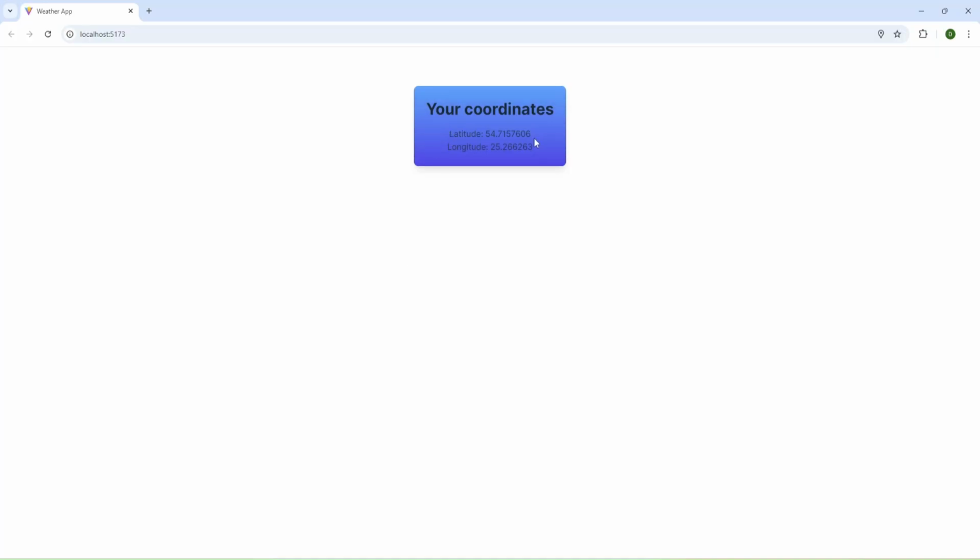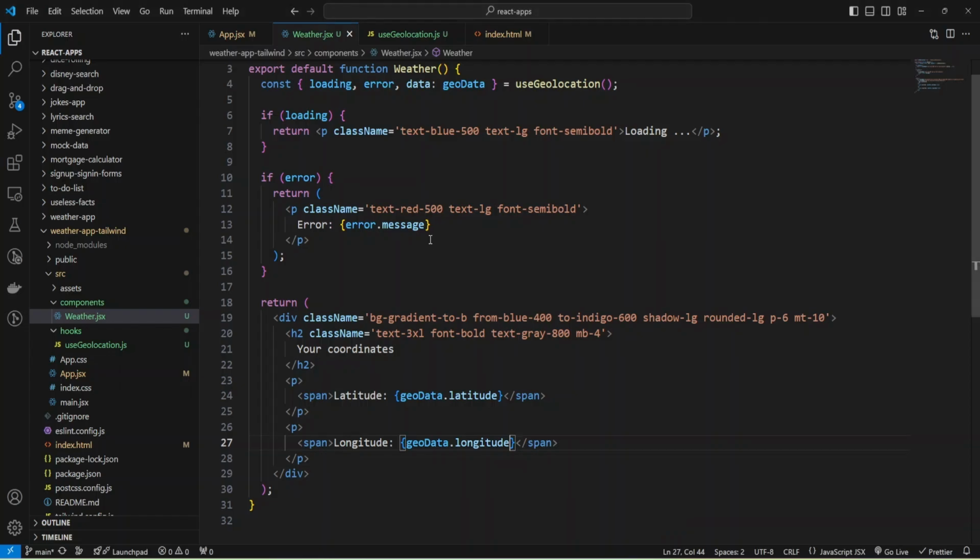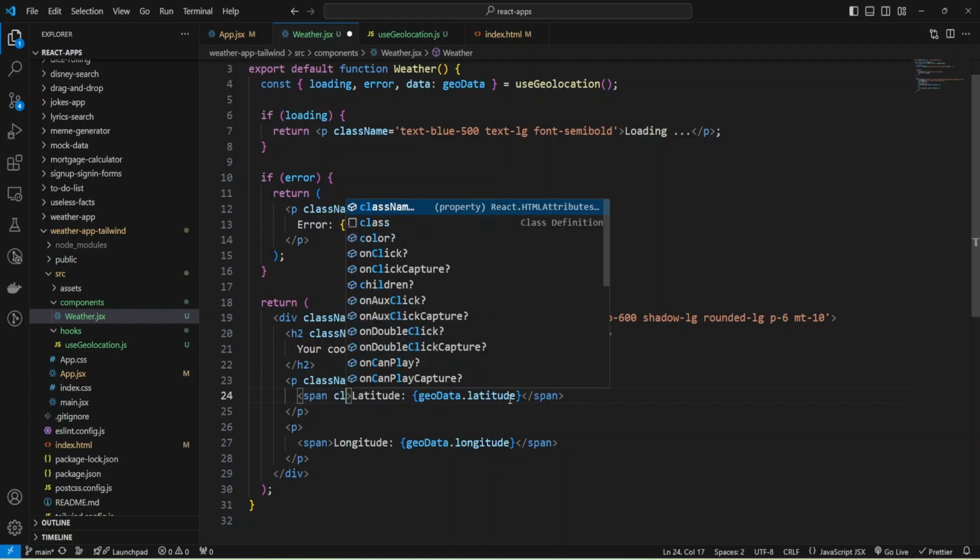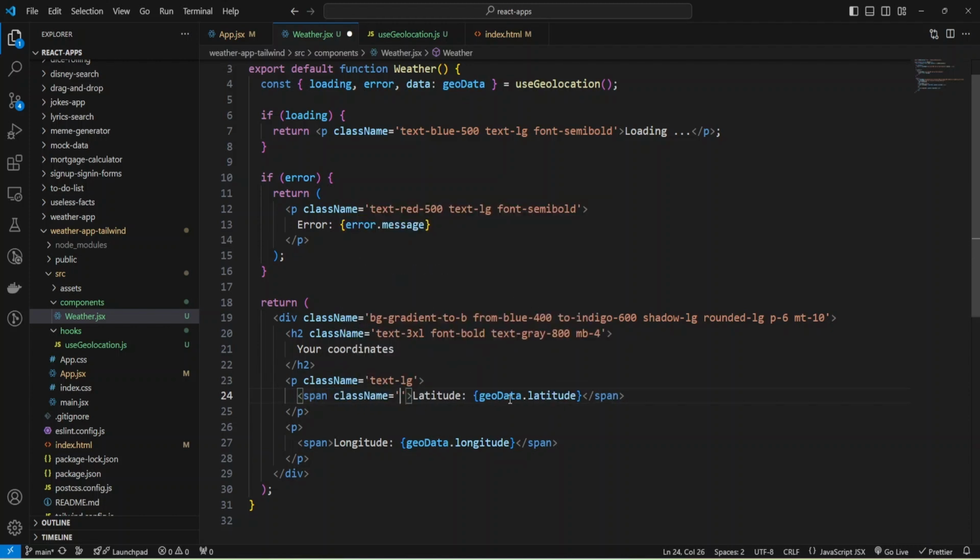And we have our coordinates, and I'm going to add styles to the paragraph and make it text large, and increase the font, make the font bold, and probably make the text white 700.